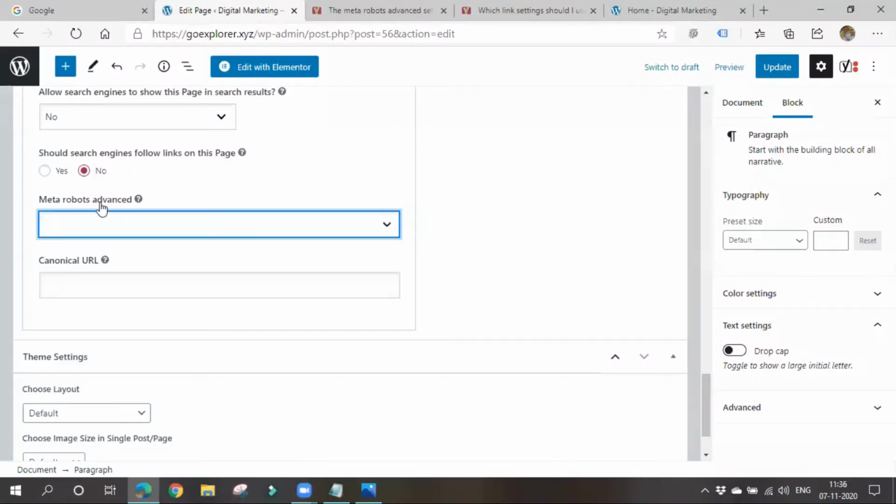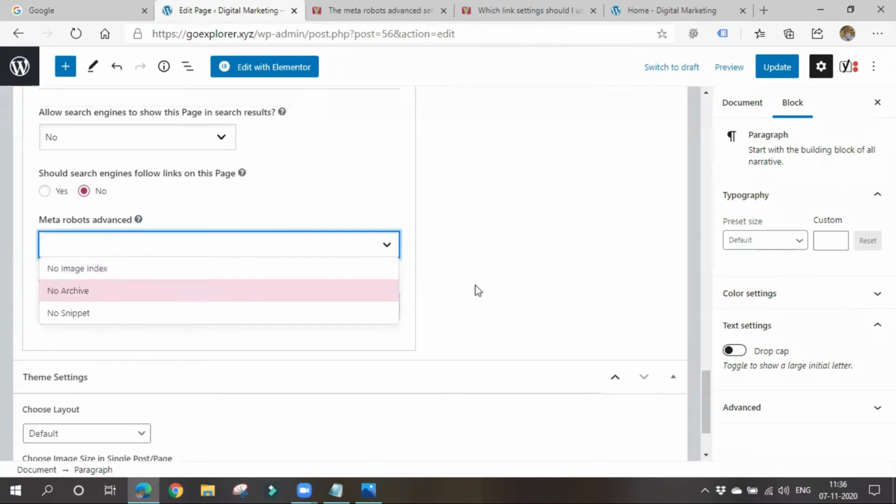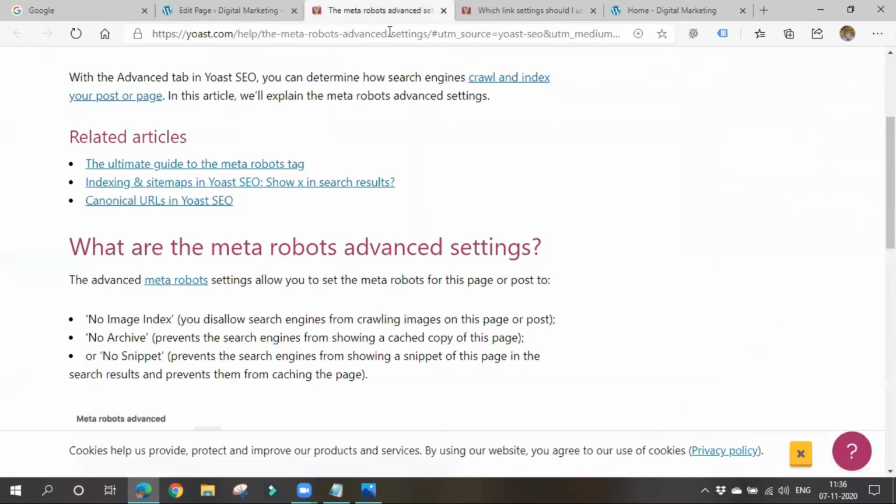Let's go to meta robots advanced. If you want Google not to crawl or index any images on this page, or to not archive the text or show snippets, you can choose those options. It prevents the search engines from crawling images in this post, from showing a cached copy of this page, and from showing a snippet of this page in the search results.